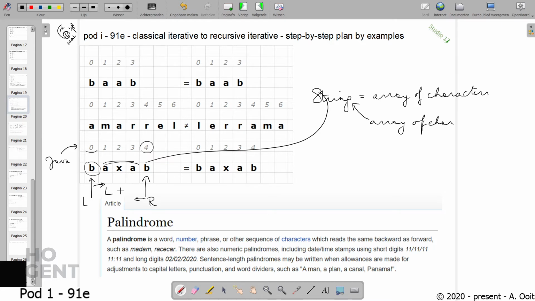If the left and the right counter encounter each other and even pass each other, well, then we know once they are at the same height that the word or the string that we are looking at is really a palindrome. That's in a nutshell, or not in a nutshell, what we're going to do. Okay,